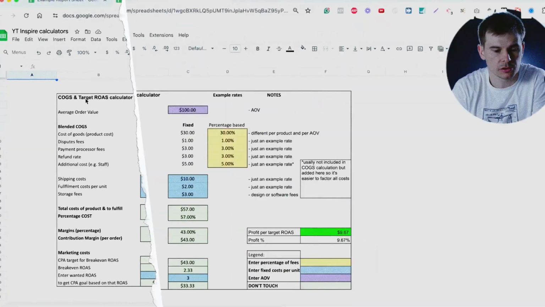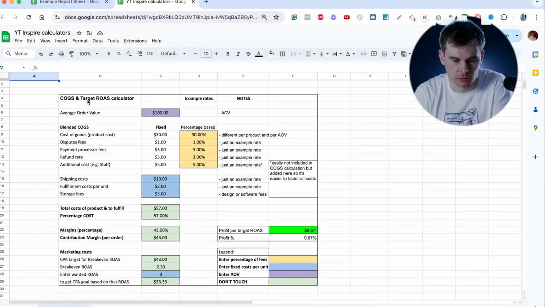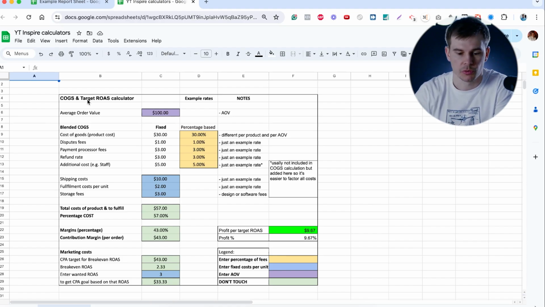So let's dive in. Calculator number 1 is your break-even ROAS calculator. There's a lot of clients that don't know what their target should be. This is a very simplified version of a COGS and target ROAS calculator, which can help you to actually understand what your target should be. I had some clients that told me they need 4, but actually they needed like 2.2, which allowed us to scale the ad account. So basically you put here average order value, you put what percentage of your price you're